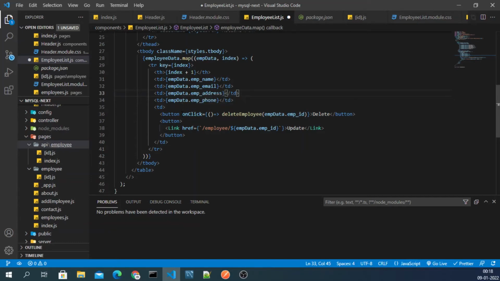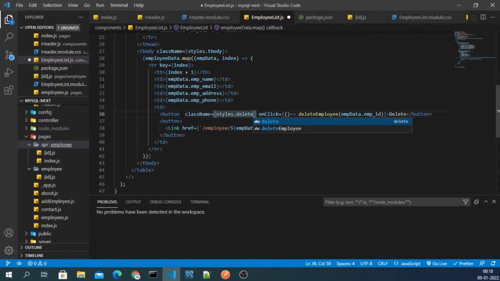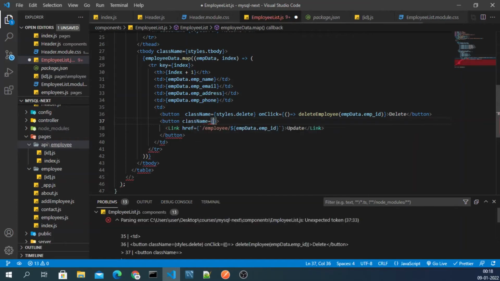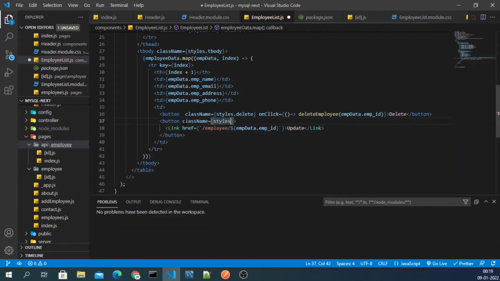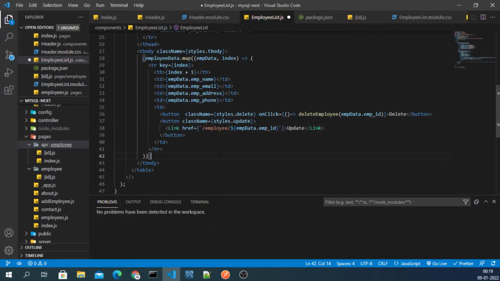Let me also give the className as well. Let me give className as style dot delete, and here the className is style dot update.